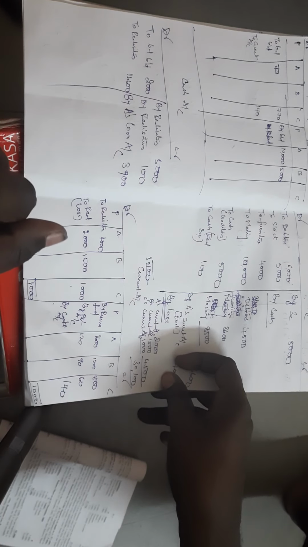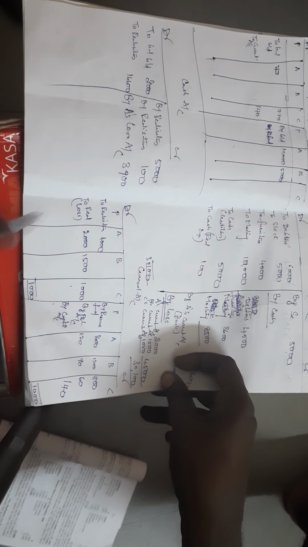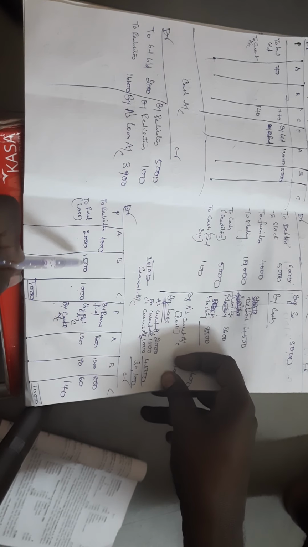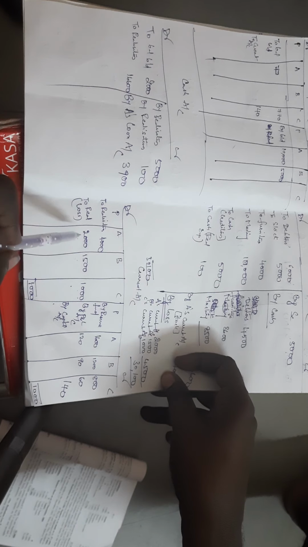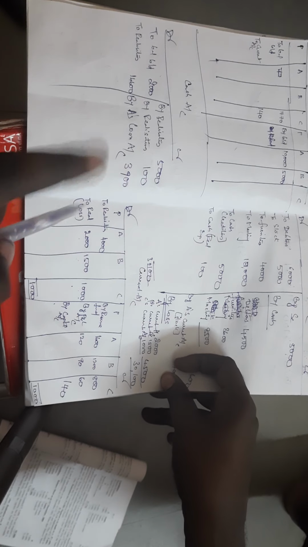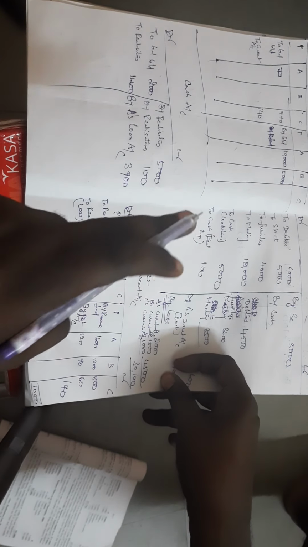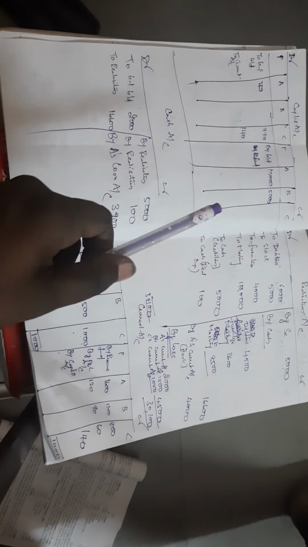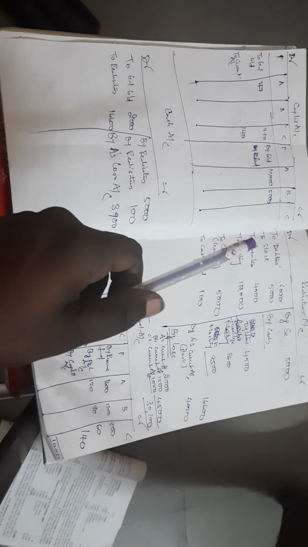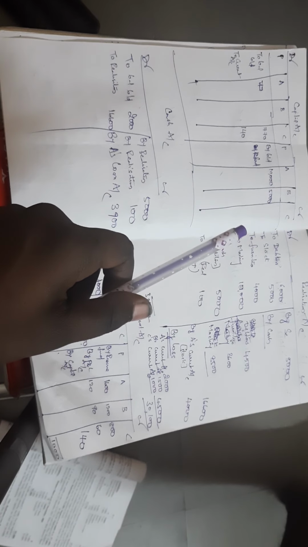Sorry, and one more thing I forgot to tell here. In case of insolvency, realization loss, the solvent partners have to bring the cash. Here 2,000, 1,500, 1,000 is the realization loss. This loss only solvent partners have to bring in cash. Here A and B are the solvent partners, they have to bring this amount in the form of cash. So when they bring the cash, what is the entry? Cash account will be debited and their capital account will be credited. Why? Because whenever they are bringing additional capital, that capital account should be credited.